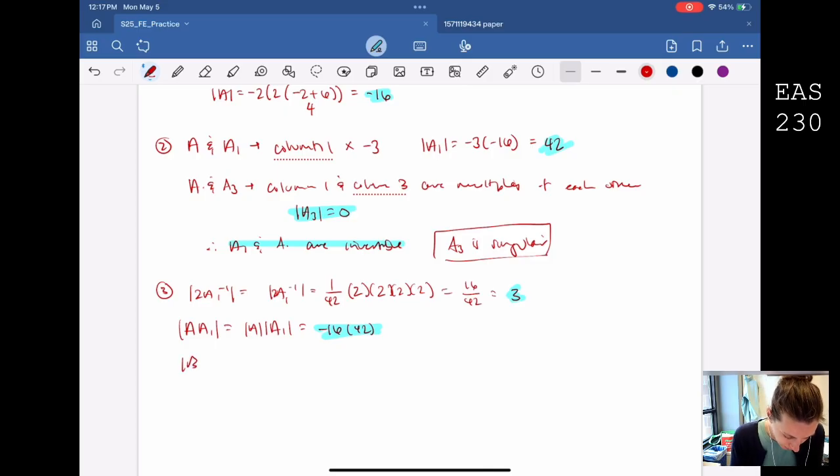Determinant of 3 times A times A1 is going to be this determinant up here times that matrix, whatever A times A1 is, whatever that matrix is, the determinant is going to be 6. I should probably do this. Negative 42 times 16,